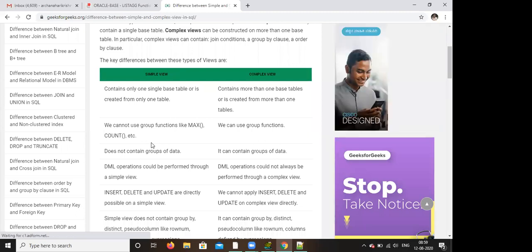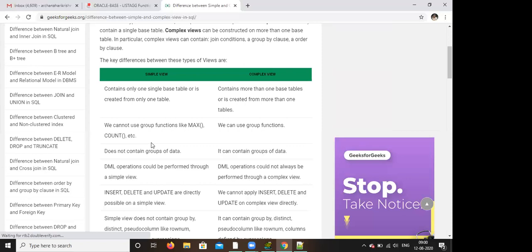But if you are using more than one table, let's say you are doing a join on more than one table, that is nothing but a complex view. We cannot use group functions in a simple view. If there are group functions, that becomes a complex view. Group functions means your max, min, count, average, all these things.